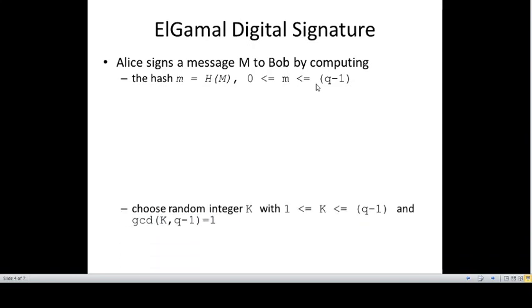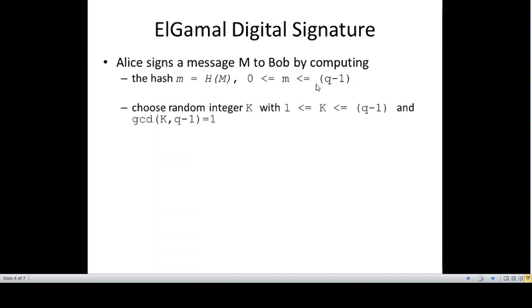So after this, next, what you need to do is again select a temporary random variable. That random variable is for signing a key. Then you are going to protect it and use it to solve the specified equation on the hash of the message, so that you create the signature in two pieces, S1 and S2. Why are we going to generate two signatures over here? It is the requirement for this Elgamal digital signature.